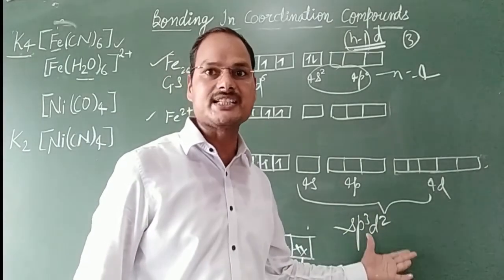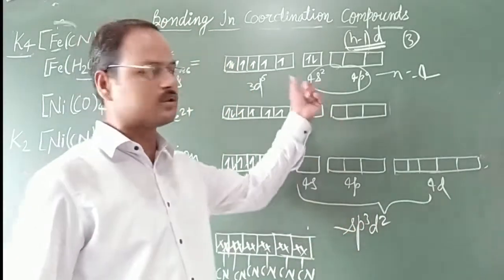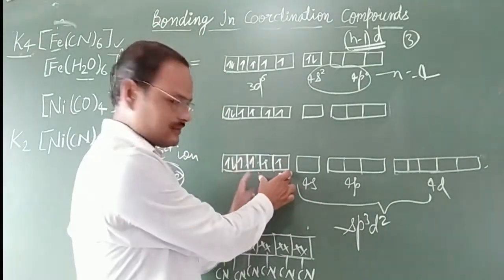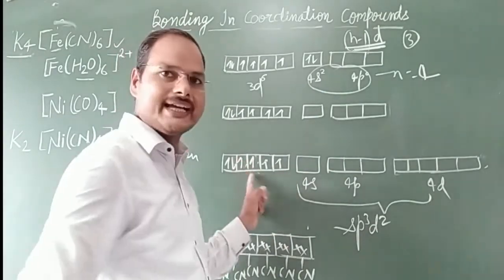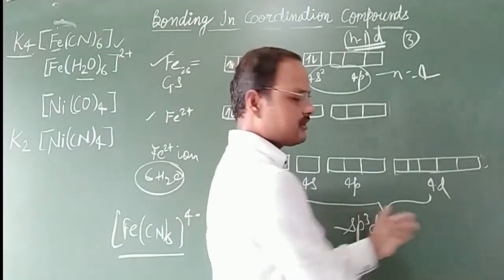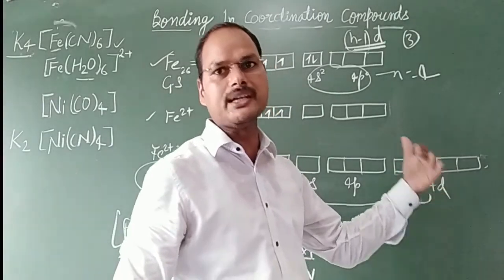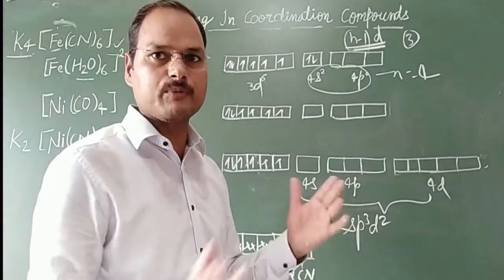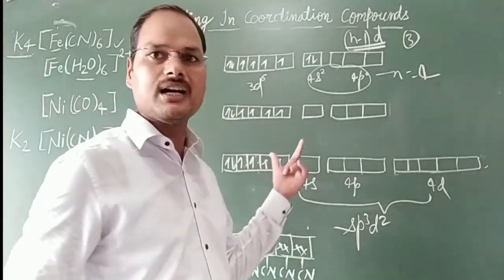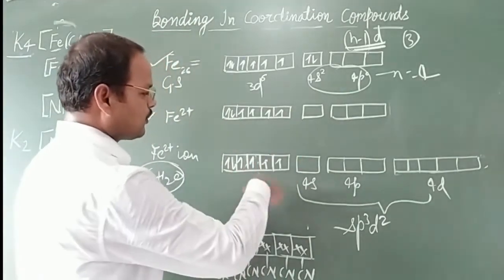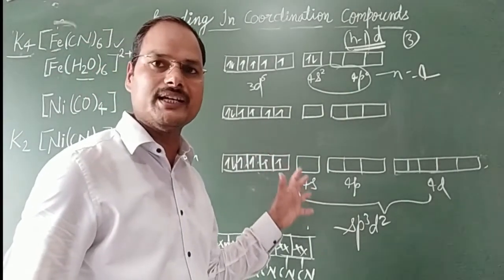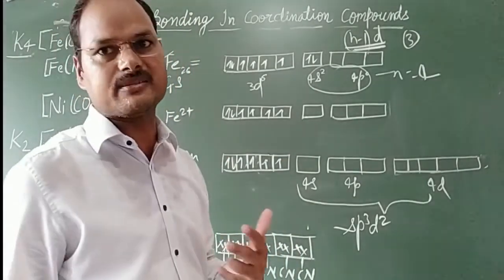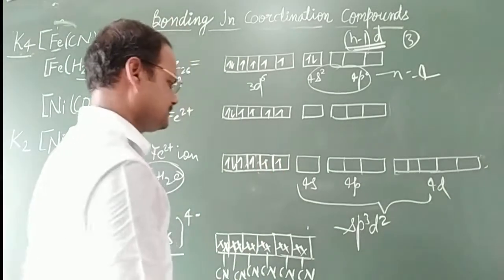It is octahedral, but it is an outer complex. Already I have explained through that video, because if 3 orbitals are used of these orbitals, then it will be inner. If the outer d orbitals are used, it will be outer complex or octahedral complex with outer type of molecule. It will be also known as higher spin. Why? Because there are 4 unpaired electrons and that's why it will be higher. More number of electrons are unpaired, that's why it will be having the high spin and that's why it will be higher spin complex also.